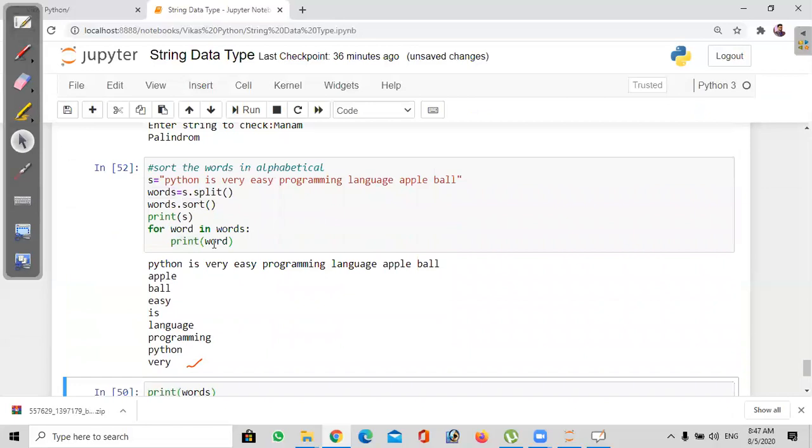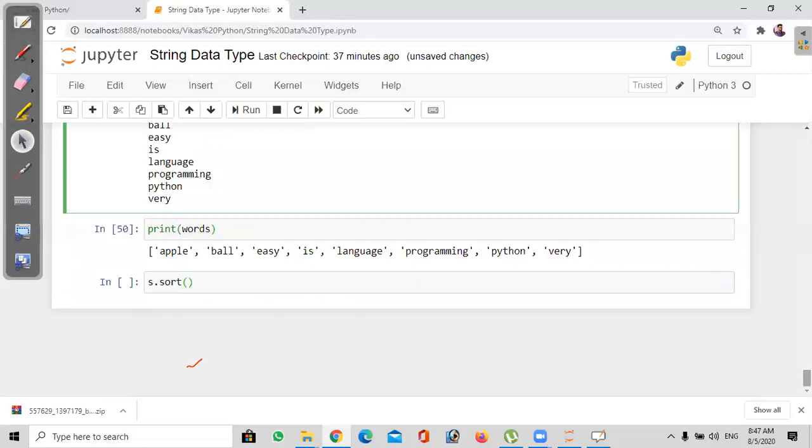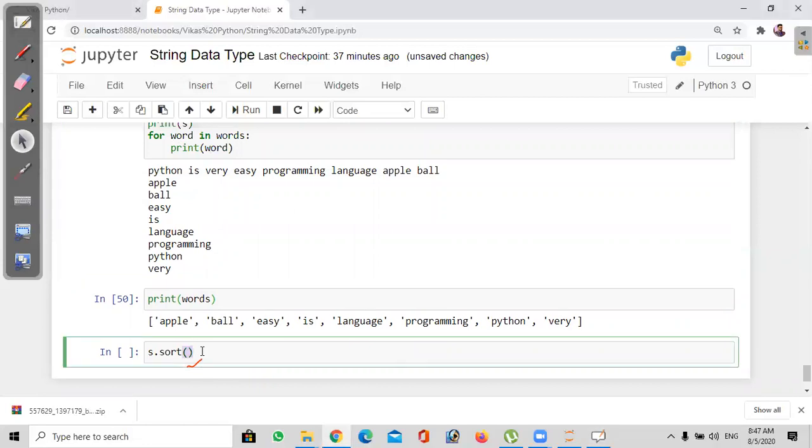Instead of word, we can use Vikas, Venki, some XYZ, anything can be used. It's a variable only. i is for simple use. Most of the people use i because they are habituated with that one.